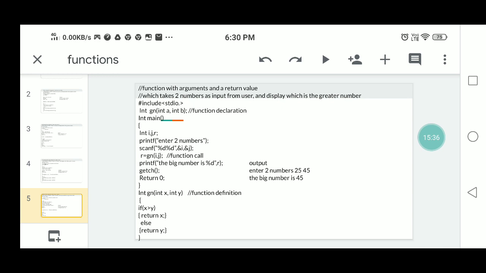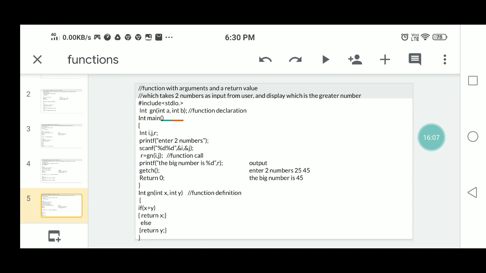So if the value of x is greatest, return x to r, else return y to r. The entire function will be called in the main program. So automatically values will be passed from i, j to x, y.